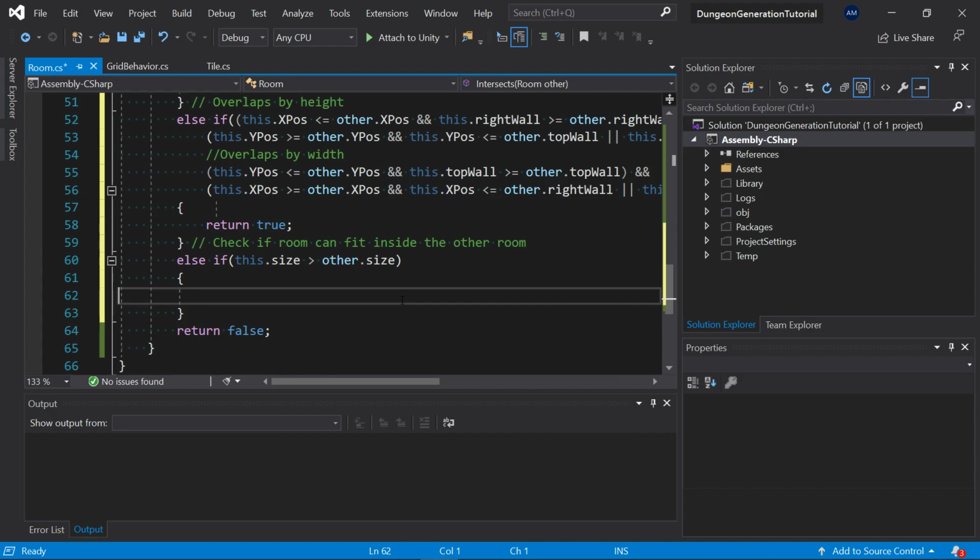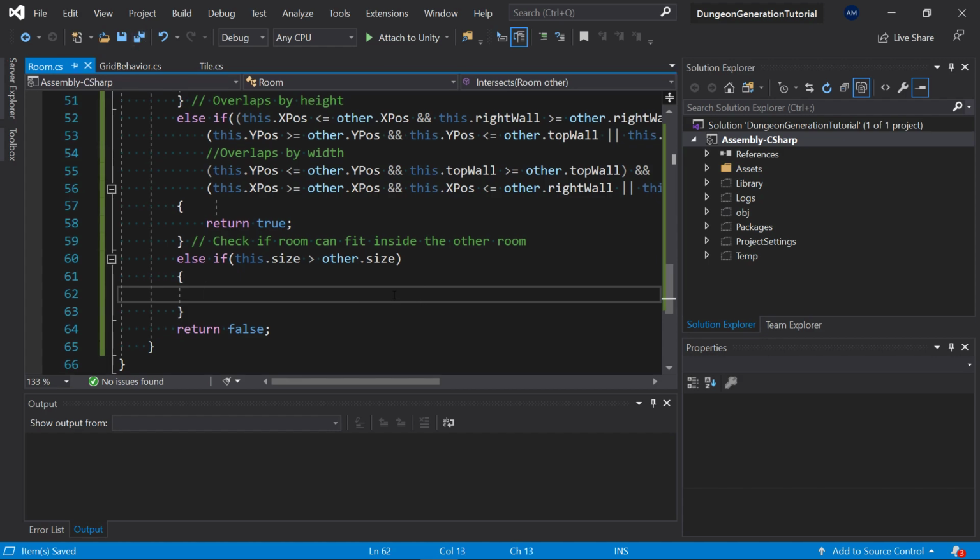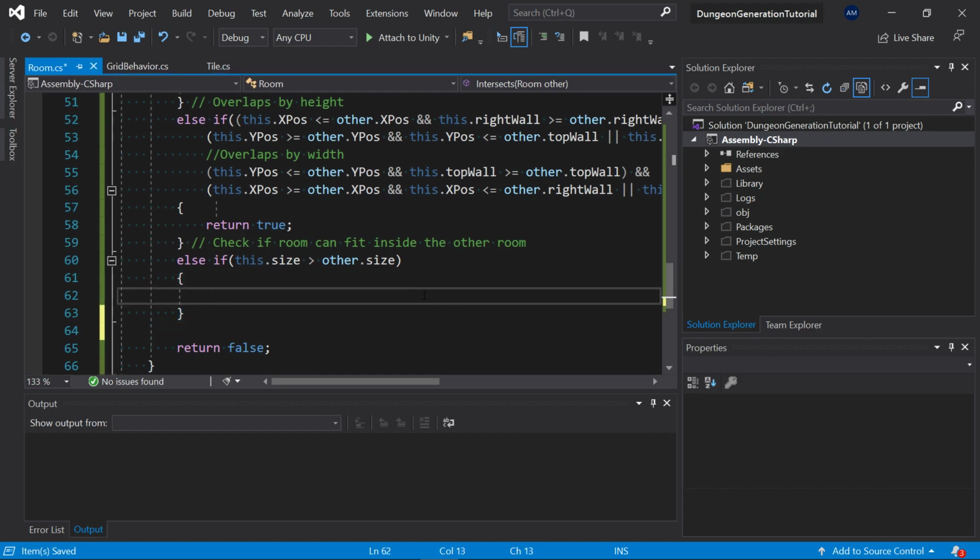So if the size, all you gotta do, you can check any corner for it, because if this entire room is inside of another room, there's at least going to be one of the corners inside of the other room, obviously. We can just literally check the right top corner. Any corner check would work. So we'll come into here and we're just gonna do if